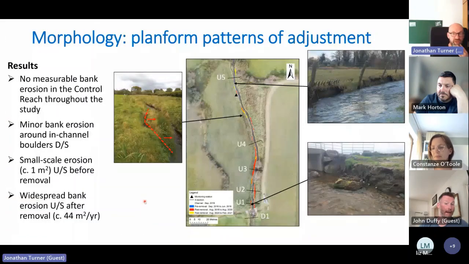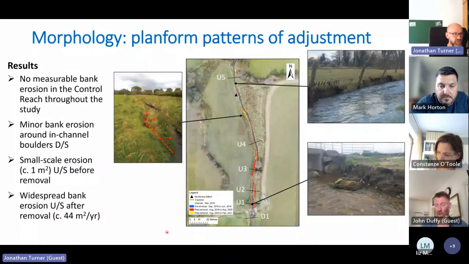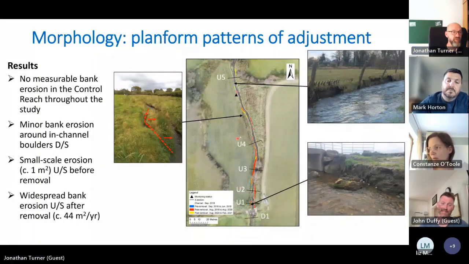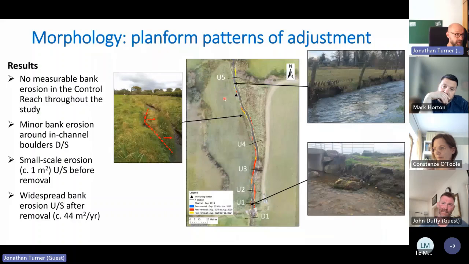And in terms of the results, when we're looking at the planform, we found no real indication of significant adjustment in our reference reach, and only minor bank erosion downstream. Most of the changes took place in the vicinity of the weir structure and upstream in our cross sections. So what we see here is an aerial photograph. This is where the structure was located, and then these are our cross sections. U1 to U5 were five upstream cross sections above the barrier. And what we found was